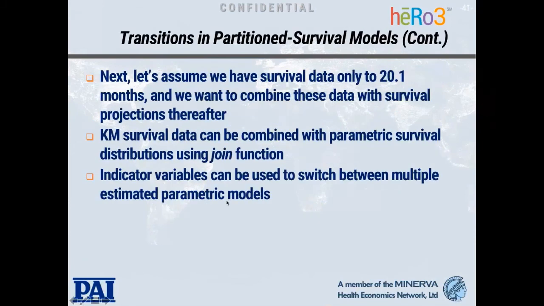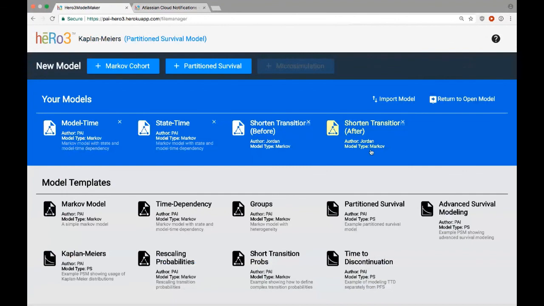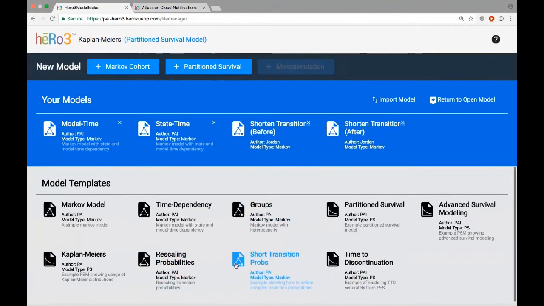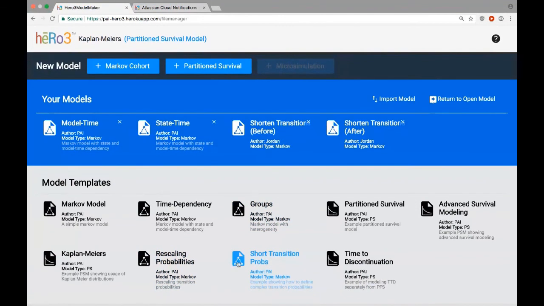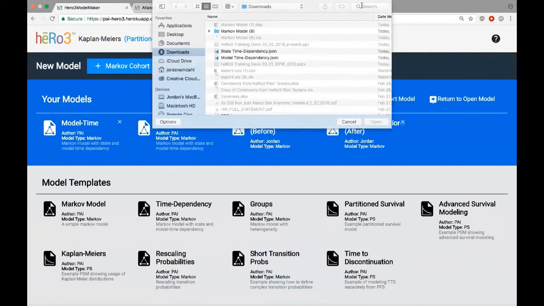So just one other thing I'd like to cover. If you have multiple parametric forms that you want to switch between, that can be accomplished using indicator variables. And so let me show an example of that. So actually I need to load an example here.